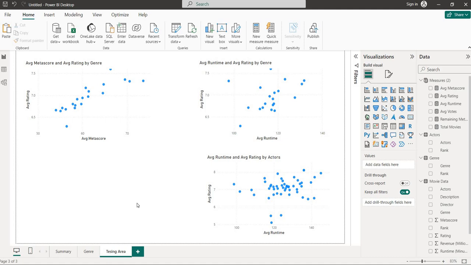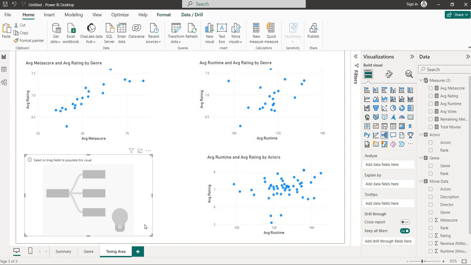We can find out the relation between the directors and the actors. Because there are many directors who choose specific actors, or actors who choose a specific director because of the chemistry they make, and it gives good results. So like that, things are going on in the movies. For that we will use a different chart, the decomposition tree.